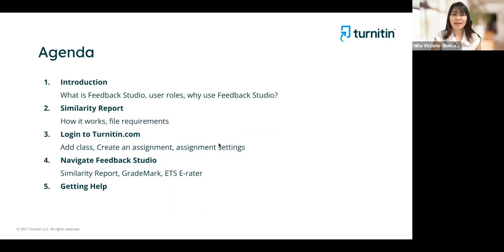All right, we got a lot of things in our agenda for today's session. So I'll be talking about the product of the institution, for University of Makati, which is Feedback Studio. I'll be discussing user roles in Feedback Studio and even why we have to use Feedback Studio. I will also discuss how the similarity report works and the file requirements for you to generate any similarity report. And also, we will log in to